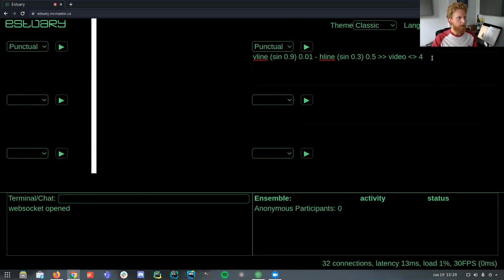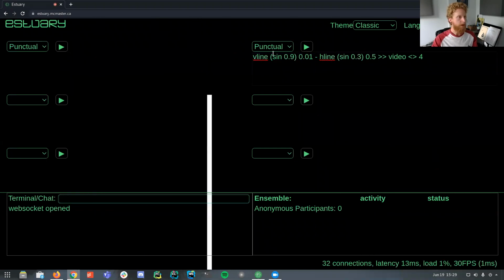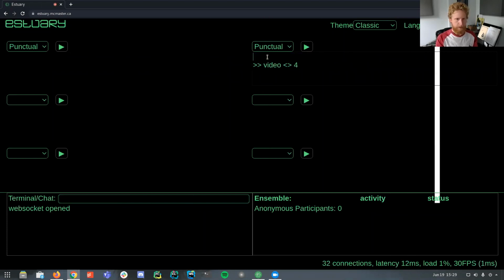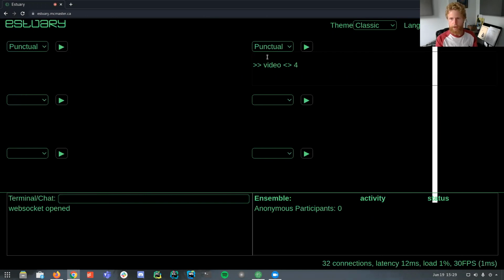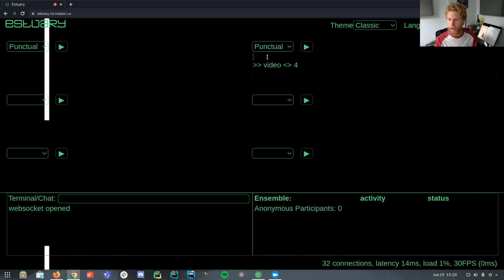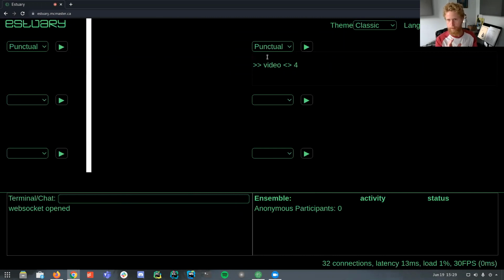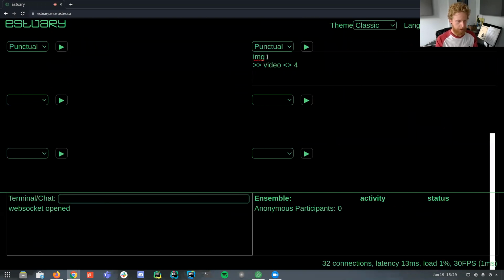Okay, now images. Images and variables as well. So you can use variables in Punctual to sort of keep things neat. Similar to Tidal Cycles, you're separating into different lines, and then you can comment things out and add them back cleanly, neatly, rather than having to remove them from a single line. So we're going to save this image in a variable called img,